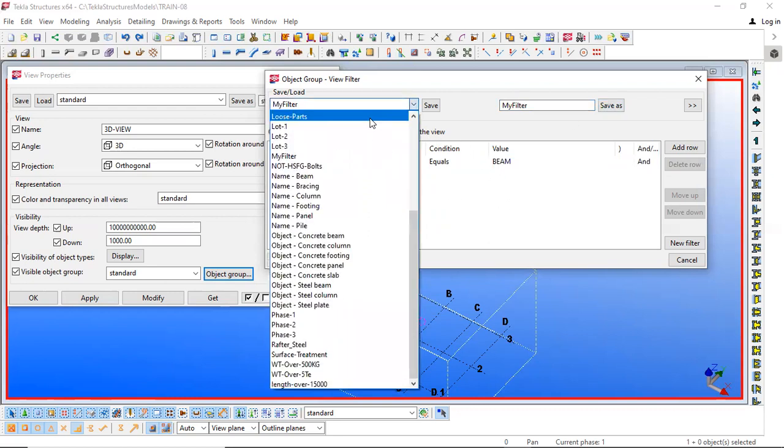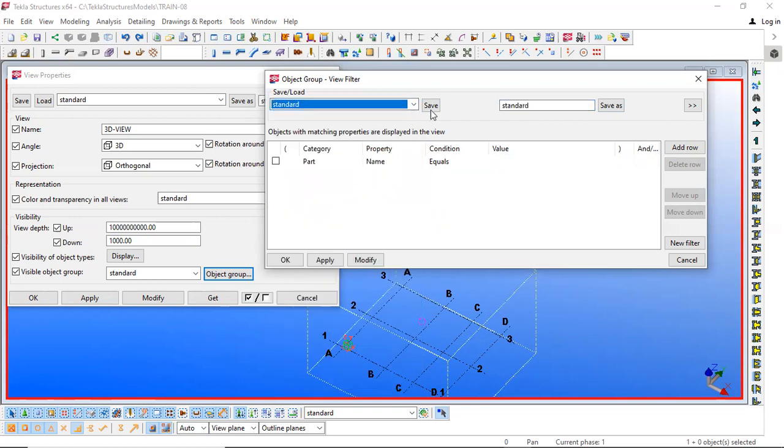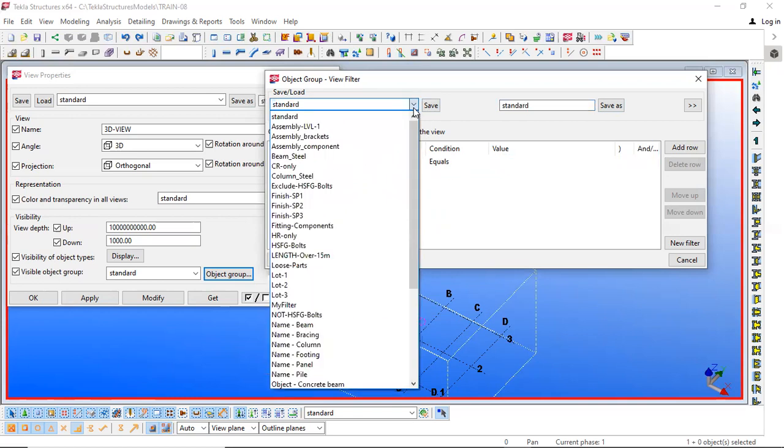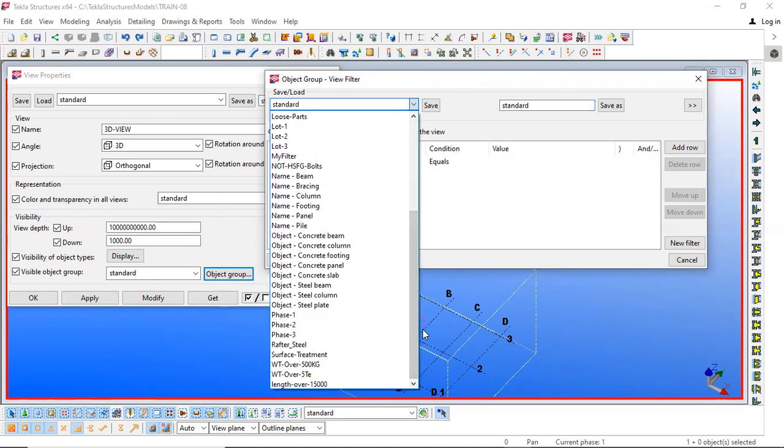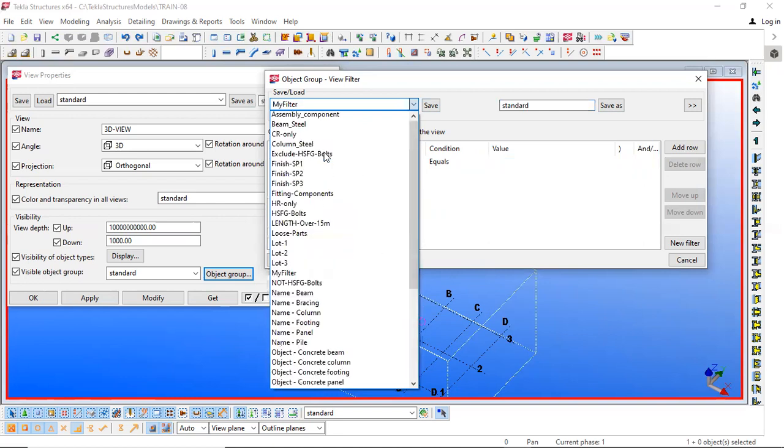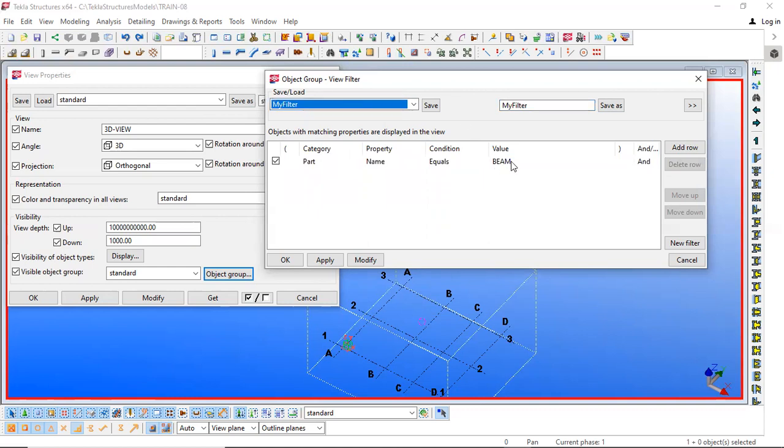So whenever, say for example, this is the standard setting, and if I want to see what is there in the saved setting, which I saved just now, my filter, it will show me the content, whatever I have set there, directly. This way we are setting the filter. There are various conditions. Slowly, while progressing through the model, you will understand what all conditions are there and how we can add those in this view filter.